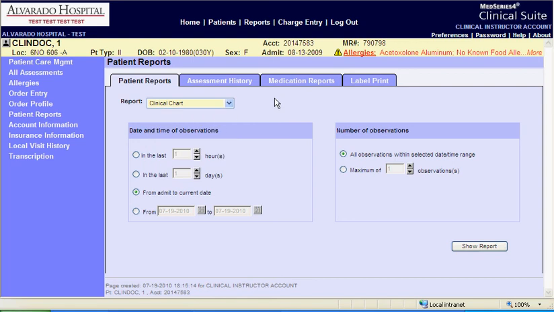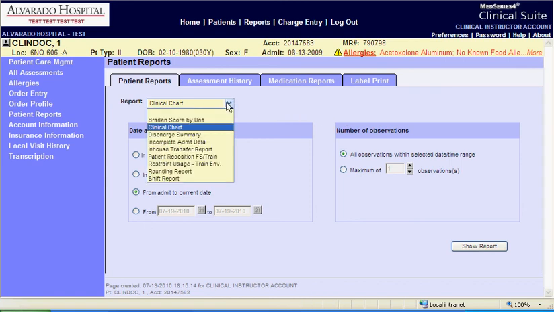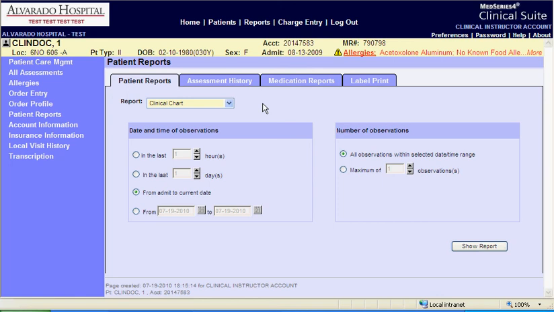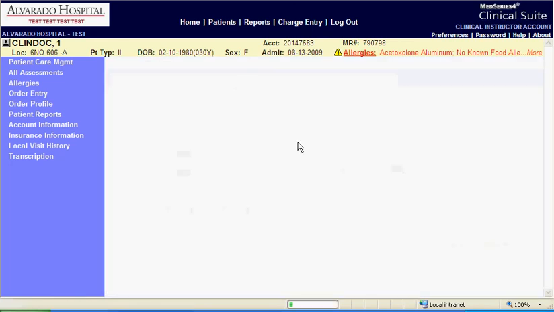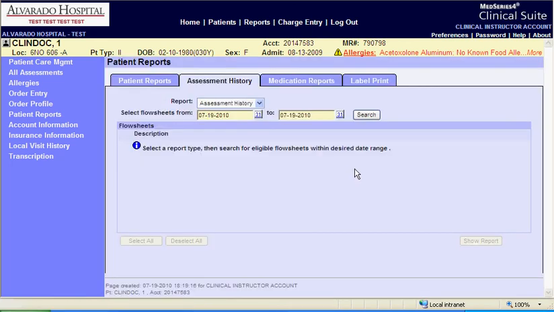For an interfacility transfer, it's necessary that certain documents follow the patient. As usual, the unit secretary will be printing copies of the full chart. Copies of the chart can be obtained from the Clinical Chart drop-down menu. In addition, you'll need to print the last 48 hours of nursing assessments. Coming to the nursing assessment history, selecting the time frame for the previous 48 hours